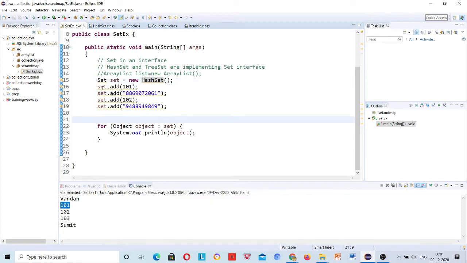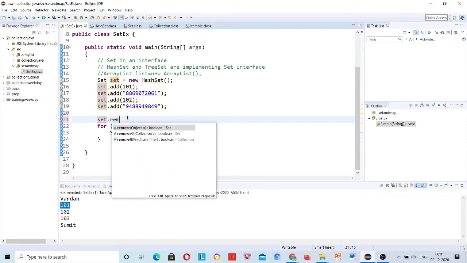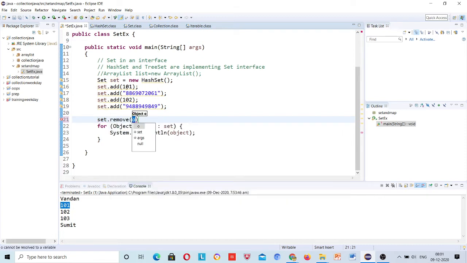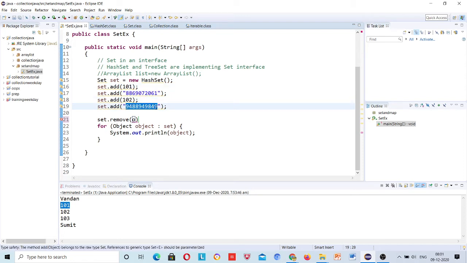Same process, if you want to remove any value from set, how will you do that? Then you have the method remove, right? And you need to give the index of it, 0 1 2 3. Suppose I want to remove this mobile number, right? Then only you will store in the database, right?